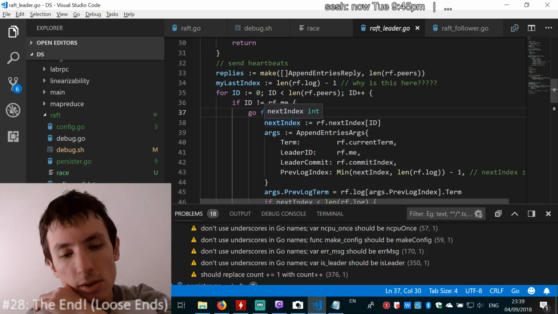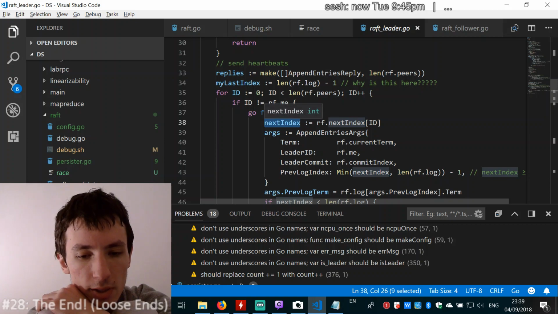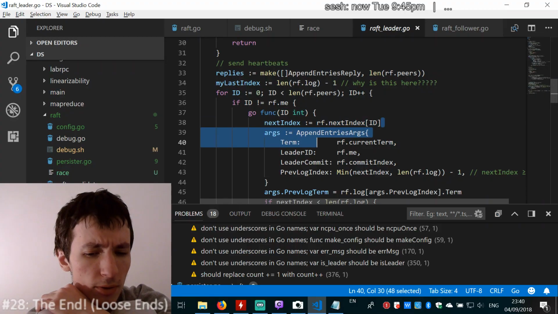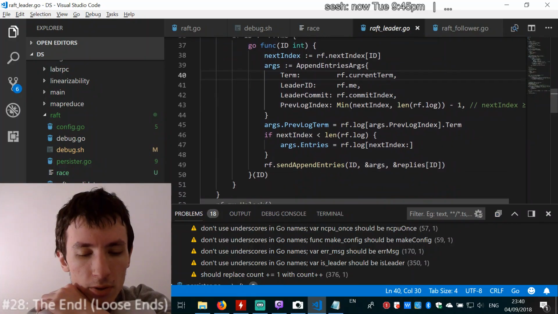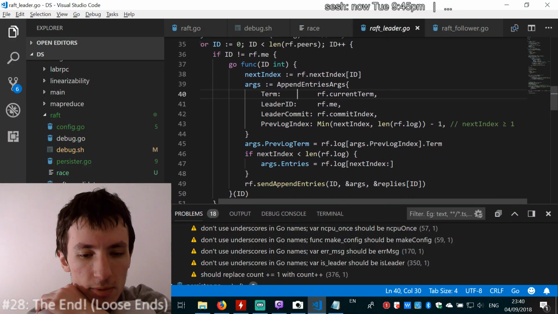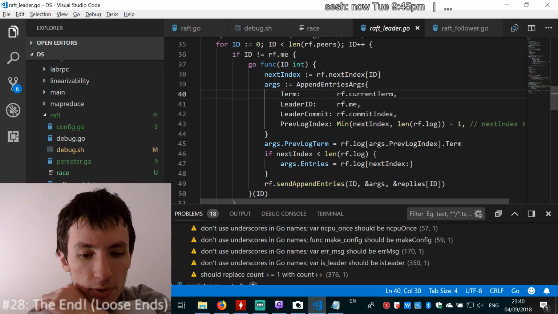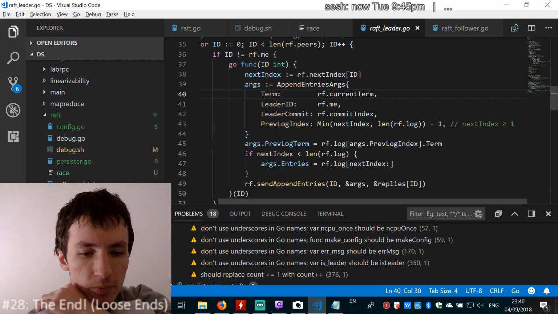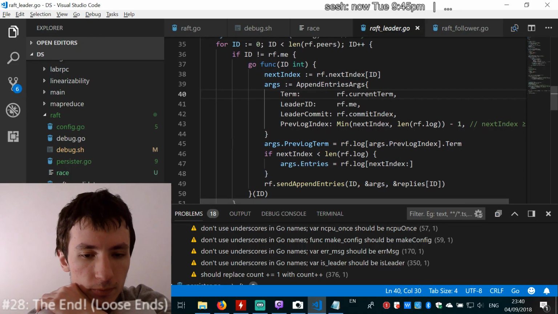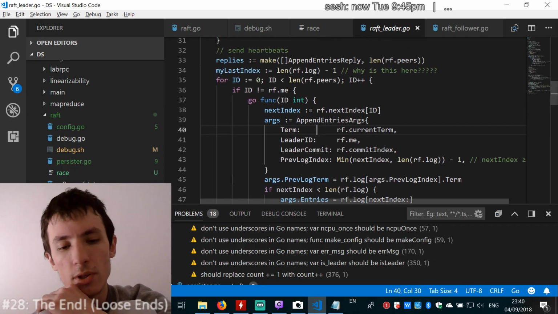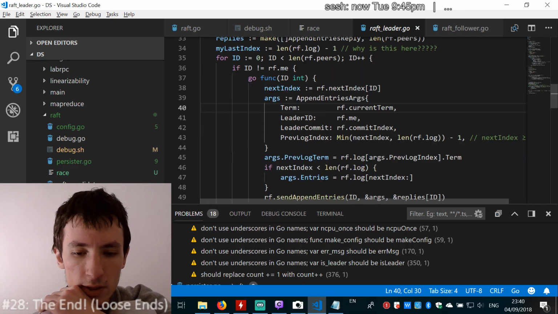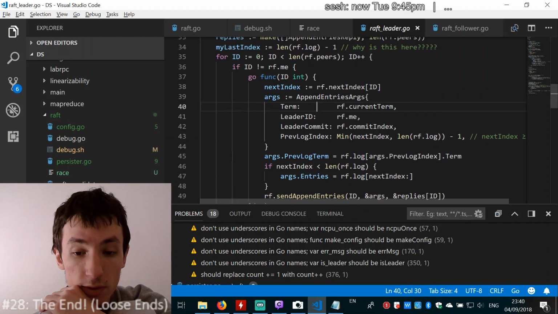This is the leader sending heartbeats out. It's saying, I read off my own next index, my own arguments, all of this stuff, and it just all happens outside the lock. All of it is reads, but nonetheless, it's not good to do that outside the lock, realistically. So how do I fix that, actually? I say it's easy to fix because I think most of this stuff I can just